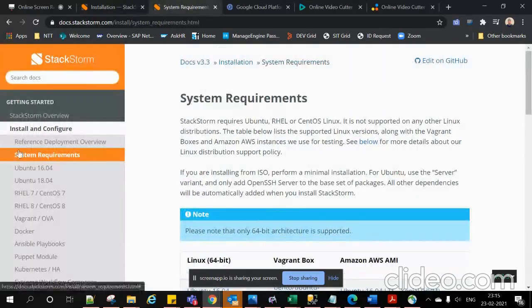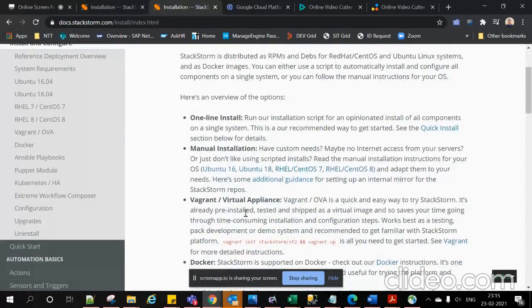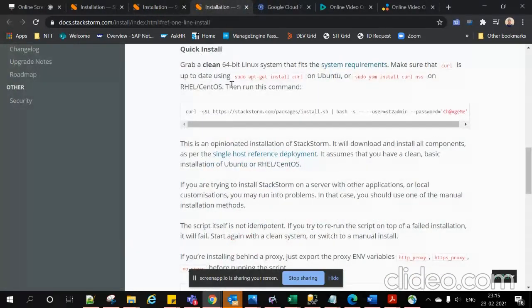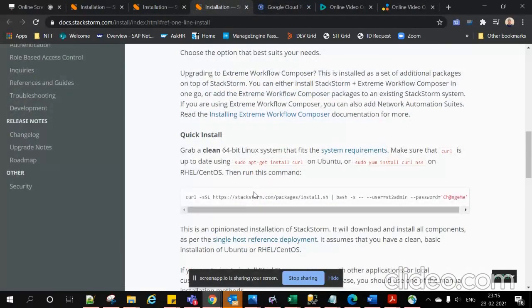For the installation, there are a couple of types, let's say one-line installation and manual installation. One very simple method is the one-line installation. If you go to the quick install, it will execute one command that downloads one shell script and executes it. Inside the shell script, all the packages and all the services are configured so that all the services can be installed. So what we have to do is just copy the command and execute it on the